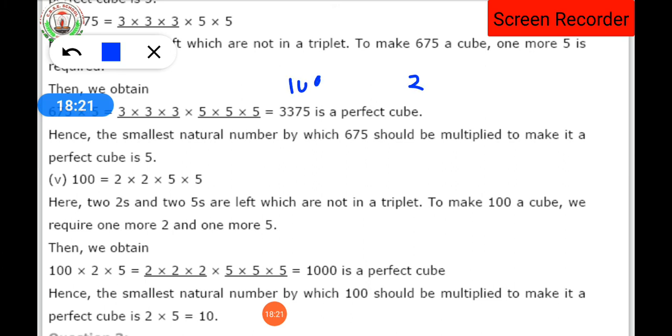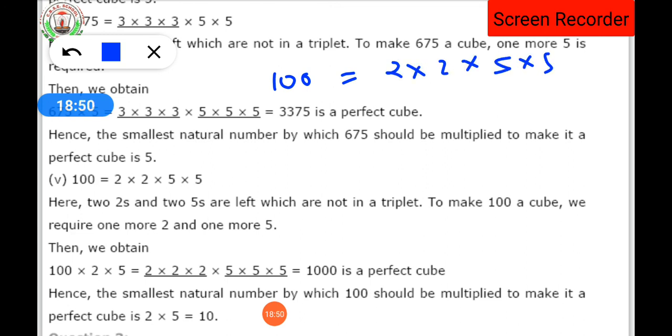It is because, students, 100 has the factors 2 into 2. अब इसको फैक्टर्स परफेक्ट फैक्टर बनाने के लिए एक और 2 की ज़रूरत पड़ेगी. Then 5 into 5, and to make it a perfect pair you have to multiply it by 5. So 2 into 5 will be multiplied over there. That's why we can say the factors of 100 are 2 into 2 into 5 into 5.